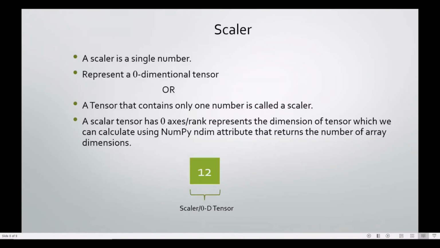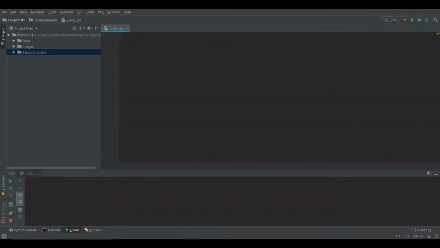Let's start with scalar. A scalar is a single number that represents a zero-dimensional tensor, or we can say a tensor that contains only one number is a scalar. Scalar has zero axis. Let's create this zero rank tensor in Python. We are using PyCharm as our IDE and created a Python file.